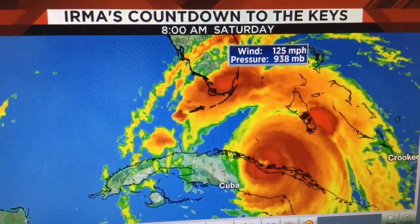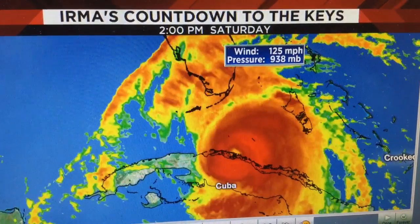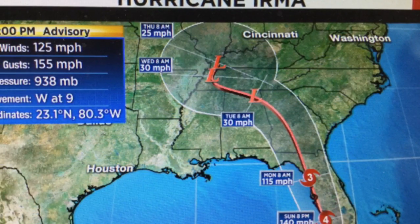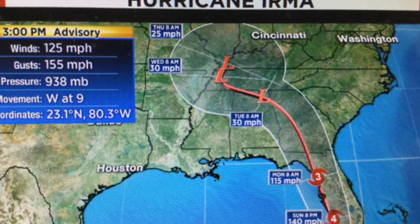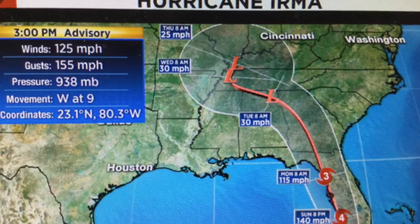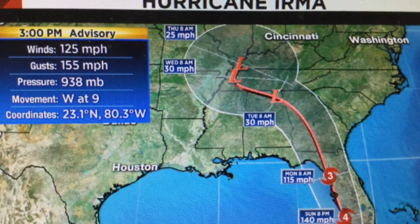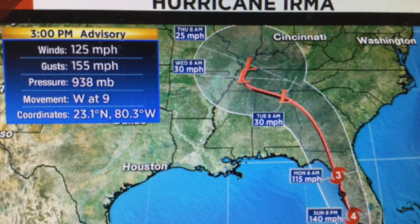Still hasn't started making that expected turn to the northwest and then the north like we do expect and forecast. And of course, if it does not make that forecasted turn, this track will dramatically change. But we do anticipate it intensifying back into a Category 4 hurricane as it makes the turn and approaches the Keys. Then it will slam into from Naples all the way up to Tampa, weakening to a Category 3 storm